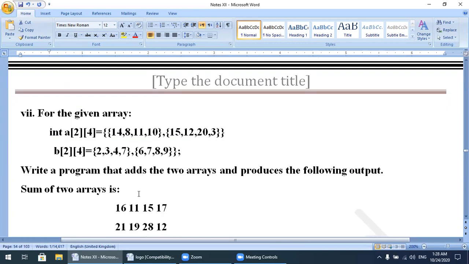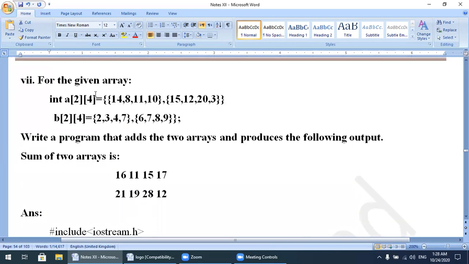Next program, for the given array, again we have the two-dimensional array. We have two two-dimensional arrays. The name of the first array is A, and the name of the second array is B. The first array has two rows and four columns. The second also has two rows and four columns.